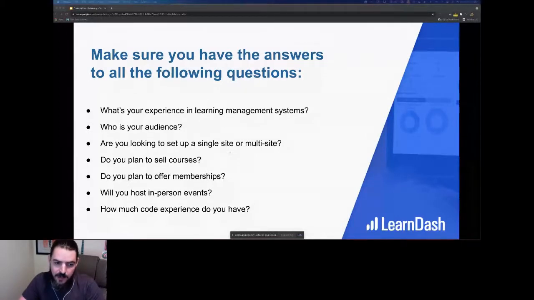Well, and how much coding experience do you have? You can do a tremendous amount without having to code anything, you or your users or anyone. But if it starts to get too complicated, you want to keep in mind who's going to be updating it, how often they have to. Is that going to fall back to you, the developer,